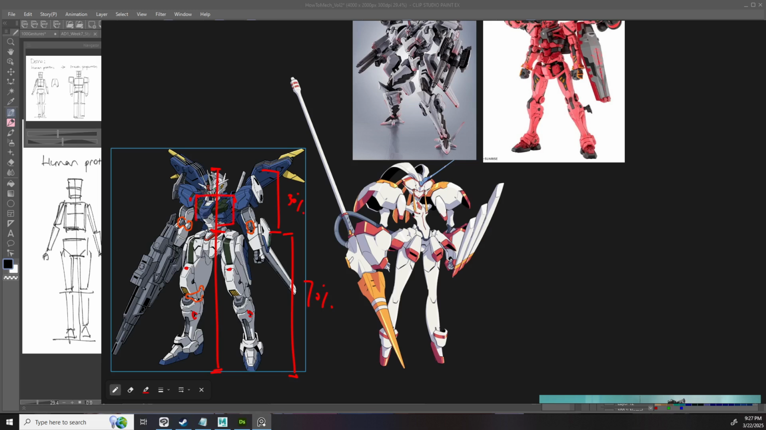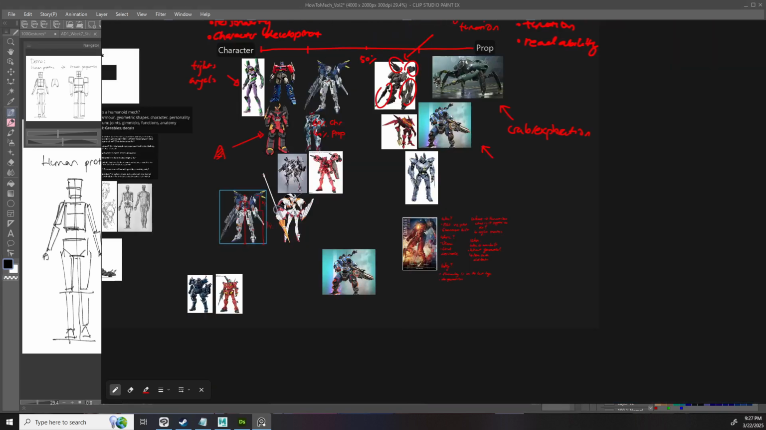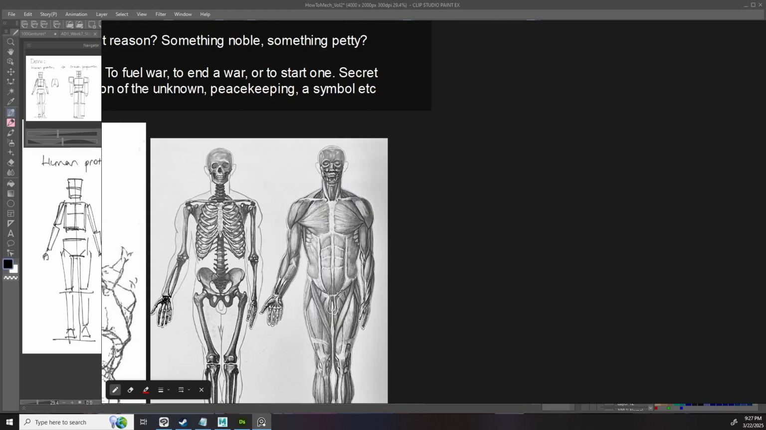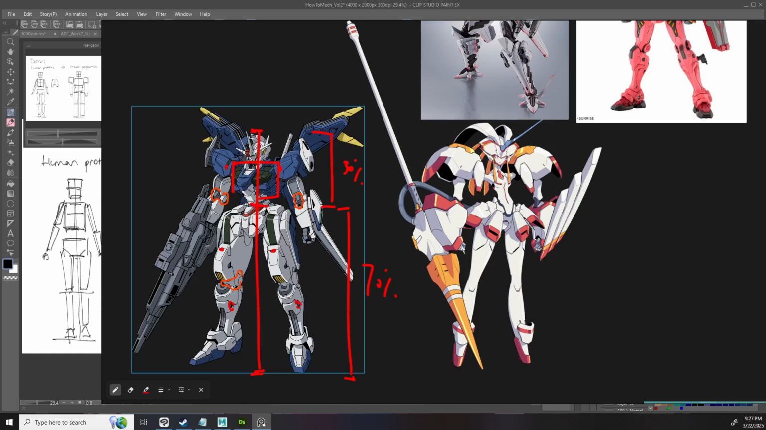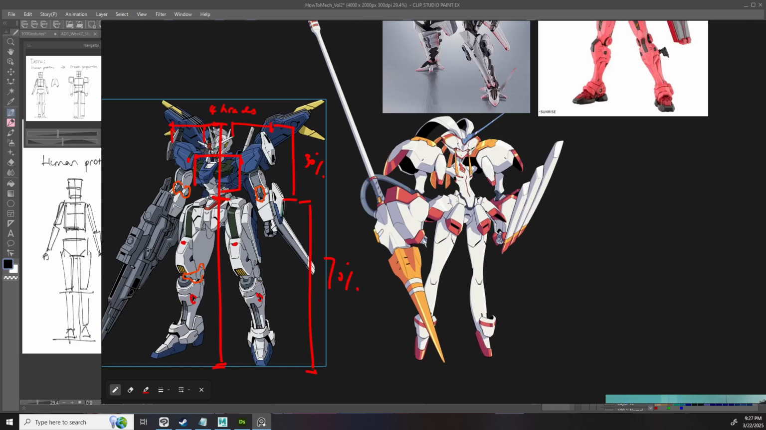I think a normal human is probably wider than this. Let me see. They're about 3 heads across, but with a Gundam you can fit at least 4 heads across. So knowing that,